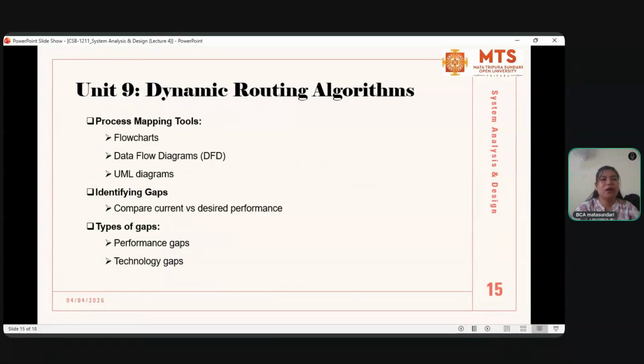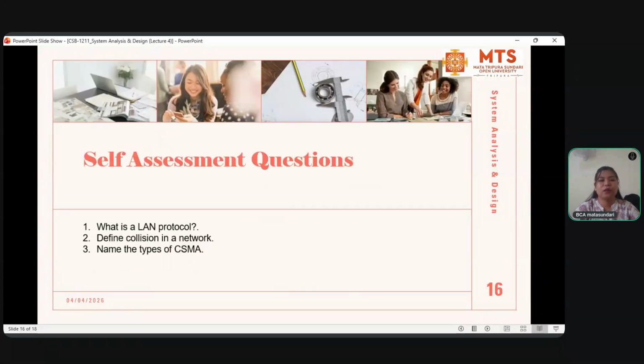Okay. Now, dynamic routing algorithm. What is a dynamic routing algorithm? It's a process mapping tool, like flowchart, data flow diagram, and UML. Identifying the gaps means comparing current versus desired performance. What are the types of gaps? Performance gaps and technology gaps. So these are the